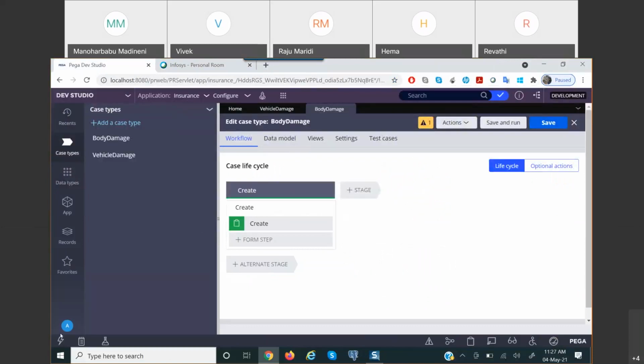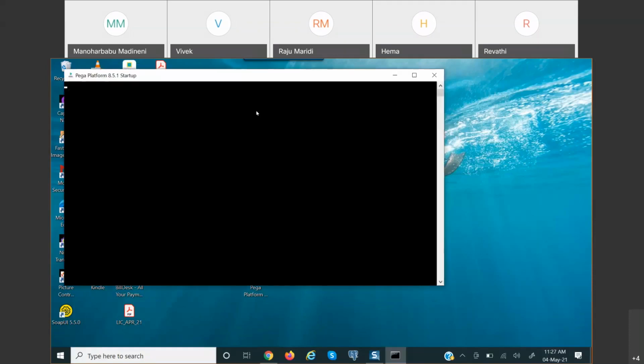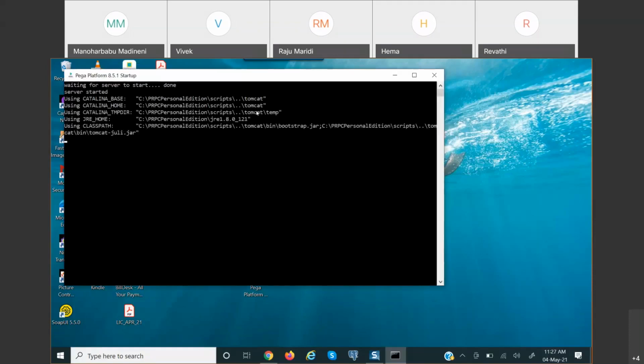So you logged in with administrator? It looks like you logged in with a different login ID. Can you log off once, and then log in with administrator at pega.com? No need to start up again, it's already started, right? Okay, it was an existing page.